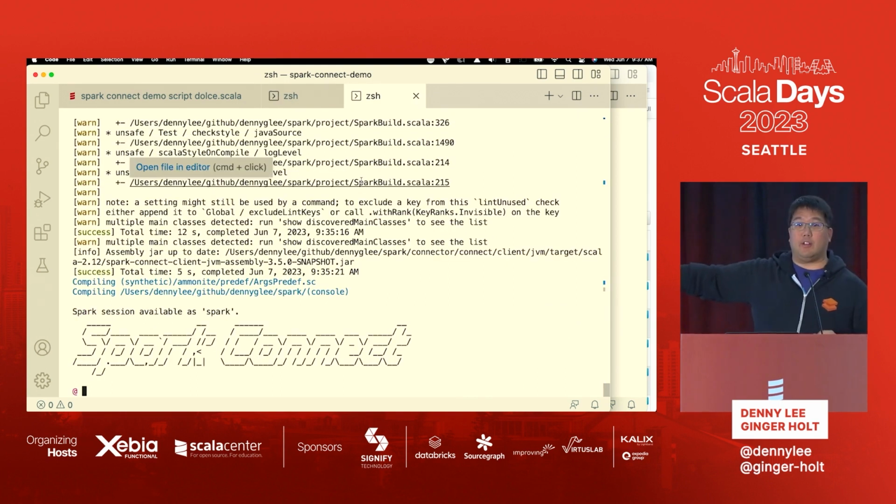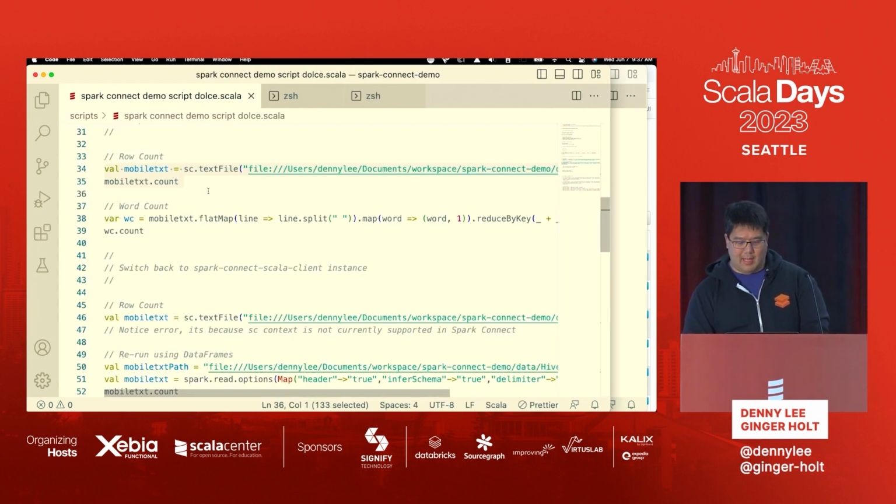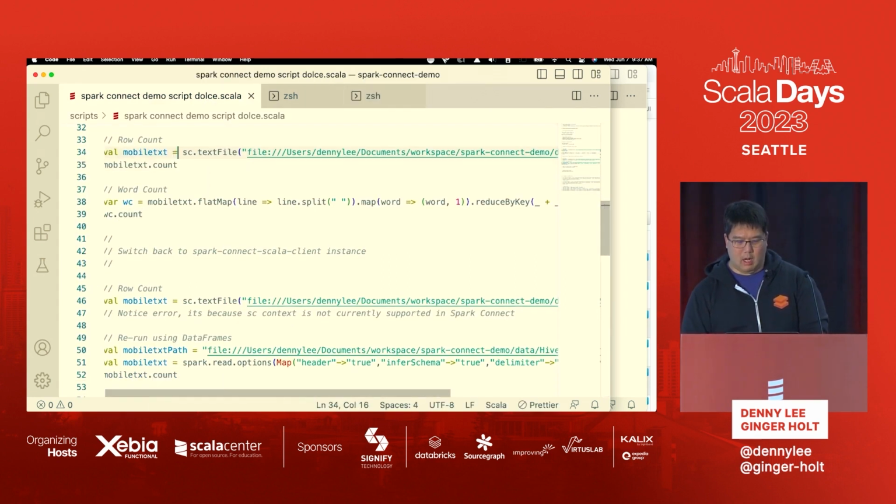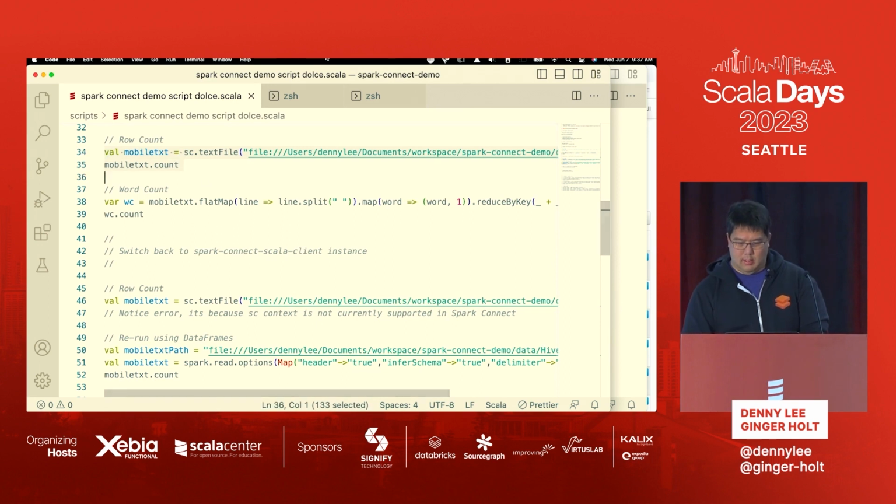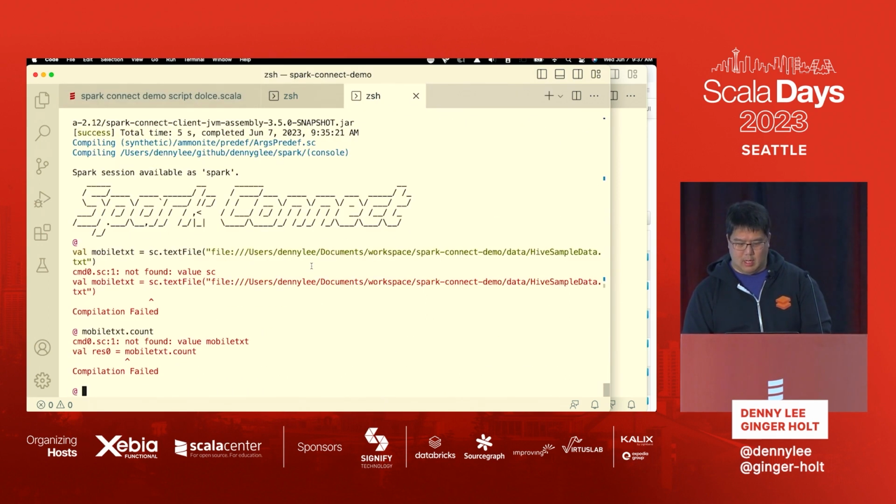if I was to go here, I think this is obvious enough that you're connecting to Spark Connect now, right? I don't know if you can tell. Okay, good, all right, so now we're connecting to Spark Connect. Now I'm going to run the same query on it. Now, this should result in an error.